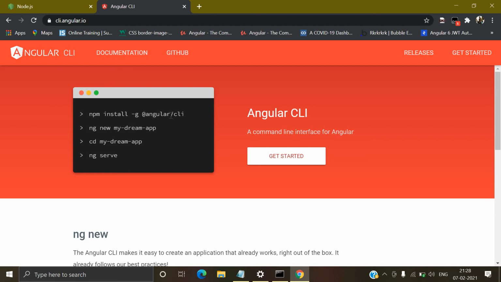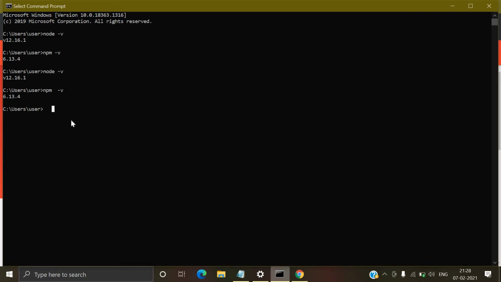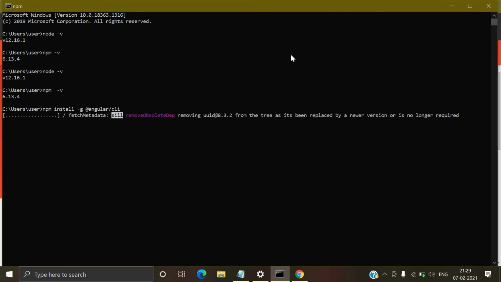So we will use npm install -g @angular/cli. I'll write here npm install -g @angular/cli, and enter. Give me a few minutes, it is just taking some time.